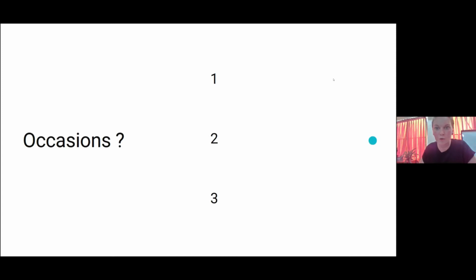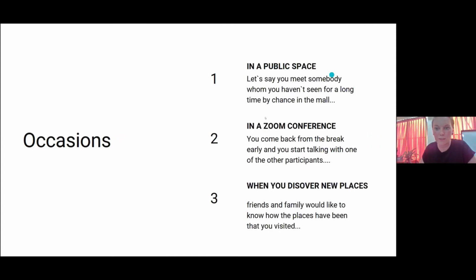Okay, let's go quickly through the examples that I have here. You can use an elevator pitch, let's say, in a public space, in a shopping mall. You meet somebody you haven't met for ages in a restaurant, but you are with your family and they are with their family, and you cannot talk for ages, but just quickly exchange the news. So it's always good to have something prepared. What are you working on right now? Because he might know some other people who are interested in your project. You never know.